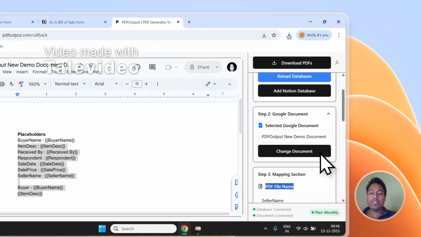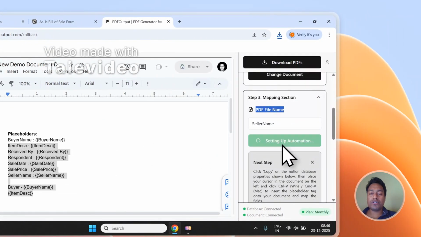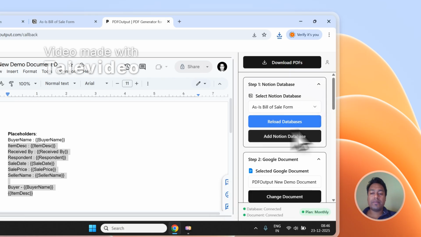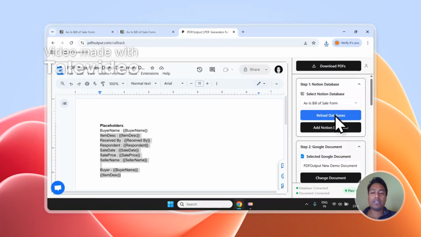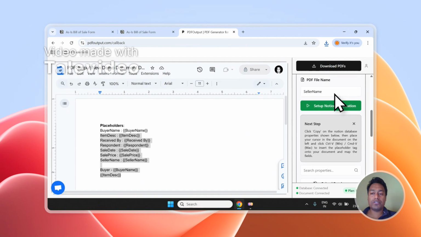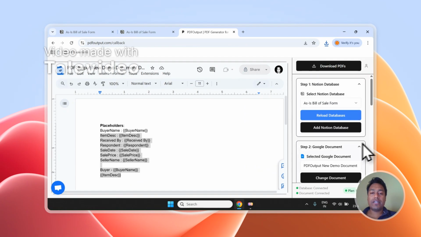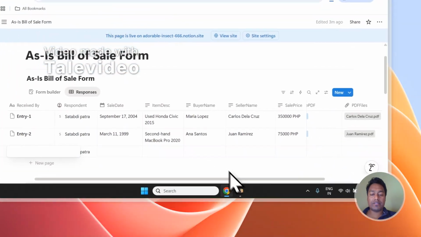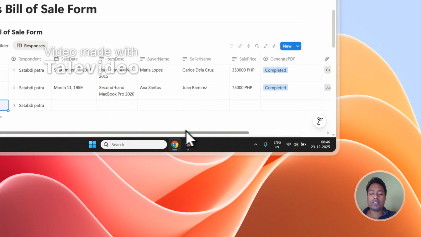Now, if you want to automate this process entirely, click on Setup Notion Automation, and this will run the automation to generate the PDF forever, which means now you do not need to add the database, you do not need to add the document. Once everything is set up and you click on Notion Automation, it will automatically generate the PDF whenever a user clicks on submit and a new entry appears in the database. The only thing is you need to mark this record as ready to generate